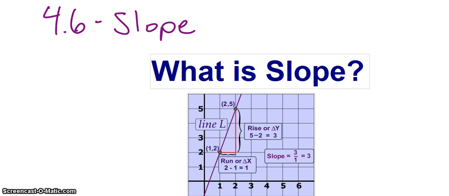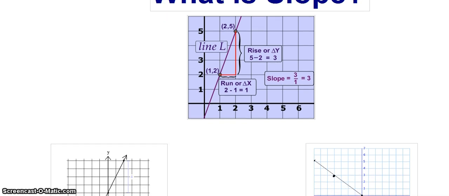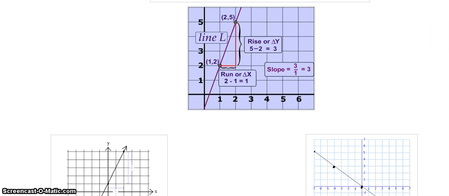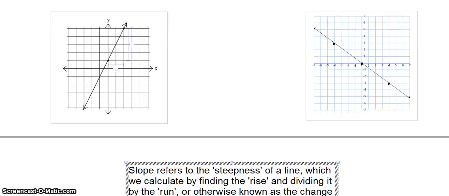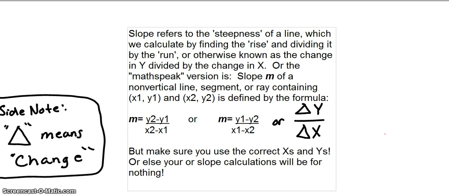So what is slope? Slope deals with lines. Here's just a couple examples of how we might see slope. Obviously we're going to be looking at lines. And overall we're referring to the steepness of a line, which we calculate by finding the rise over run,